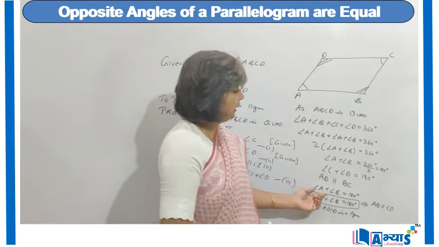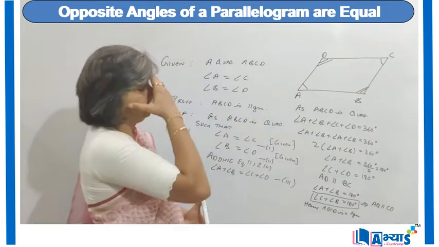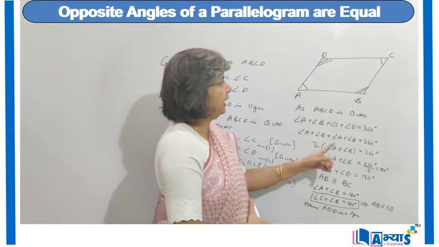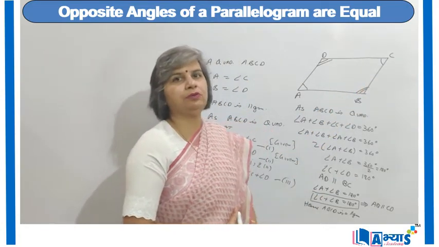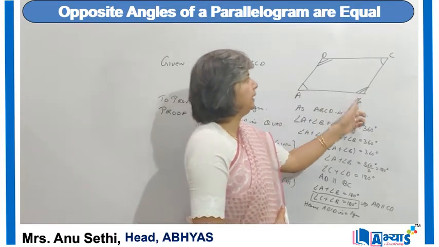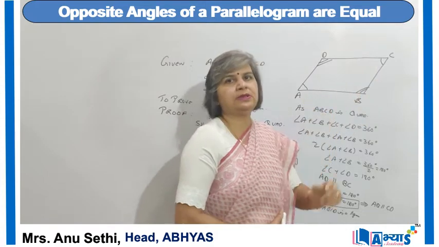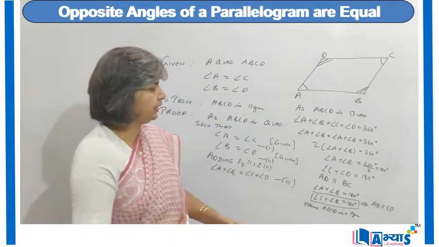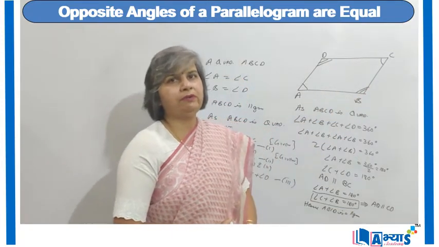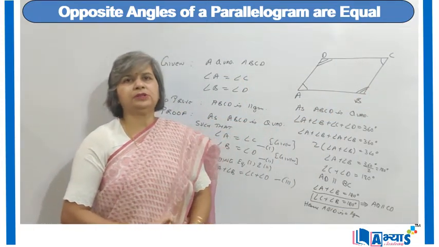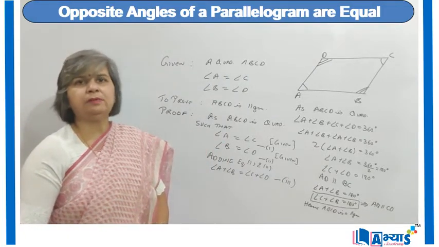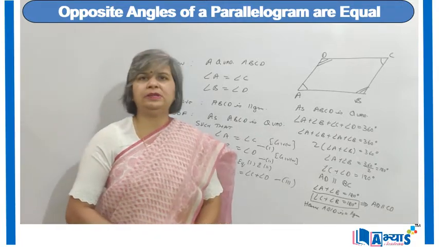Now when angle A plus angle B is 180 degree, and we know that angle A is equal to angle C, so we have replaced angle A with angle C, and we got angle C plus angle B is equal to 180 degree. But they are again co-interior angles when AB and CD are the straight lines and BC is the transversal cutting them. As their sum is 180, that is they are supplementary, so we can say that AB is parallel to CD. Now when both the opposite pairs of sides are parallel to each other, ABCD will be a parallelogram. Hence we have proved that ABCD will be a parallelogram.